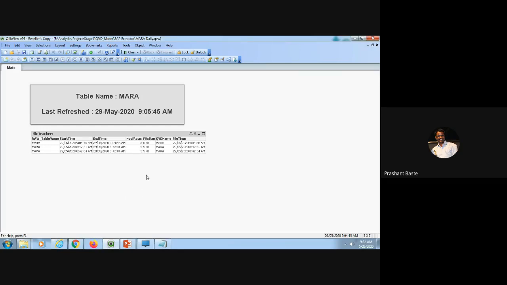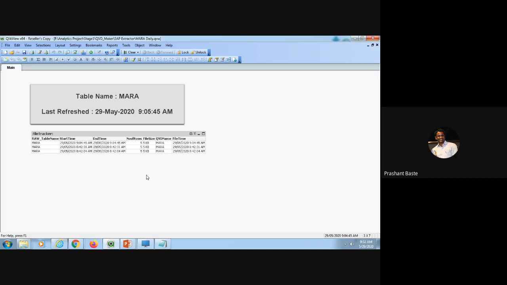Also there is a scenario that in some cases the QVD file gets corrupted or it gets overwritten with updated data and you have some loss of data. So you have no clue what kind of loss it is or how much data has been lost. If you are able to identify it on the very next day of the data loss, it will be great to resolve the issue. But if you are not able to identify by when this issue happened and by when you lost the data, it will be very difficult to identify firstly when this happened.